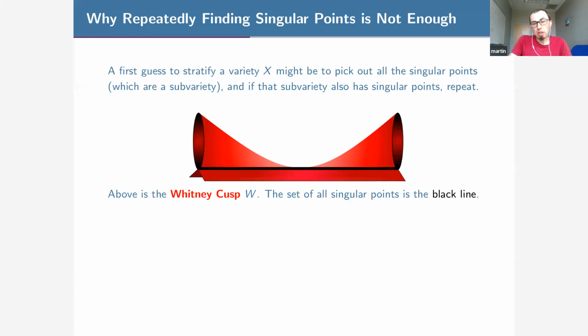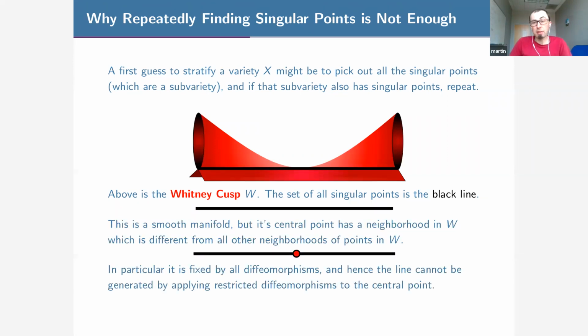So this is called the Whitney cusp. And if we did this kind of procedure for the Whitney cusp, the singular locus is just going to be this black line, this black horizontal line where it sort of folds in on itself. Okay, so it's a line, and the line is about as smooth of a manifold as you can have. But if you look at the central point on this line, so let's say this red dot here, if we just zoom in on that line,